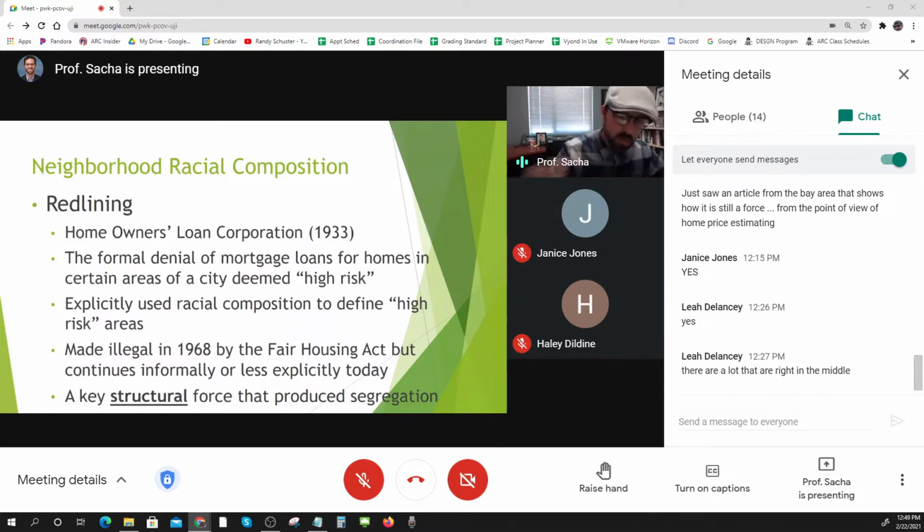So the federal government partners with these local real estate agents and they say, okay, tell us what parts of your city are high risk, what parts are lower risk to support a loan within, okay? These local real estate agents explicitly used racial composition of neighborhoods to determine which areas were high risk. And when those areas were determined high risk, a red line or a red box was used to outline those neighborhoods. And any property within that red-lined area would not be given help from the federal government to buy a home in those areas, okay?